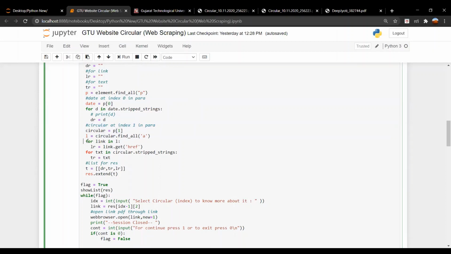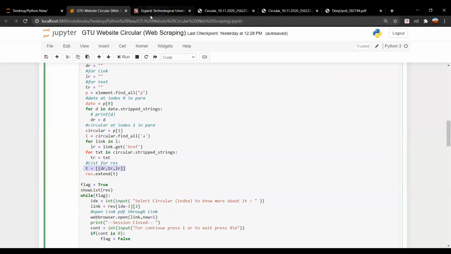Then in link, for link in L, the href will help to fetch all the links that have the particular ID, and the empty list that we have created above will cumulatively show us the date, the text, and the link.